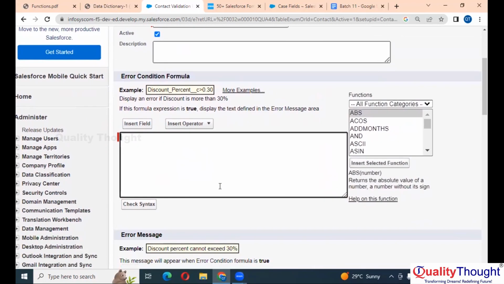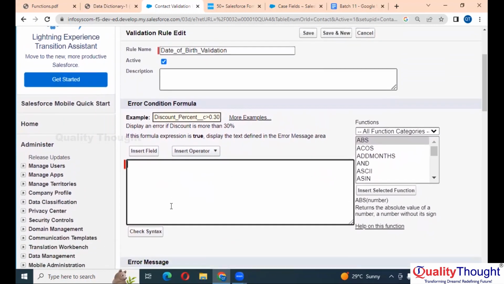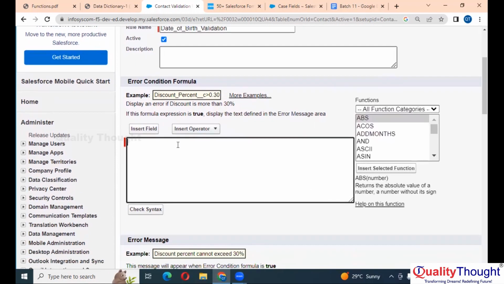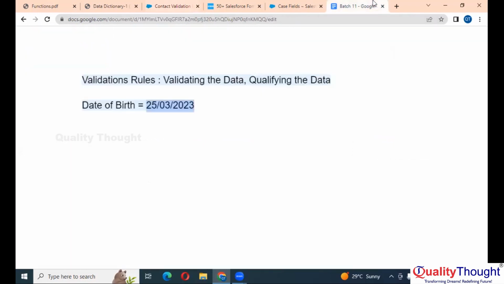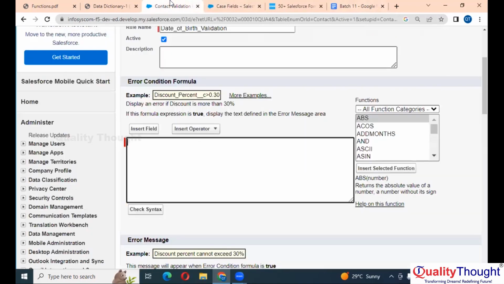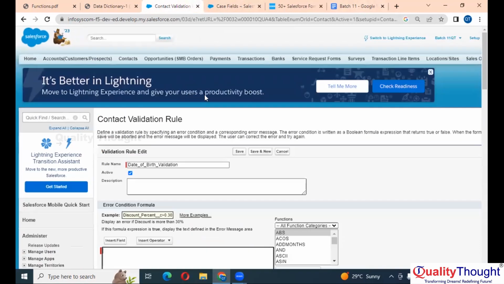When it should stop. Now here you have the same function box, and here you have the same formula box, right? Now here you need to enter one formula. When should it stop you from saving the record is the question, right? When should it stop you to prevent saving the records? Here if you see,